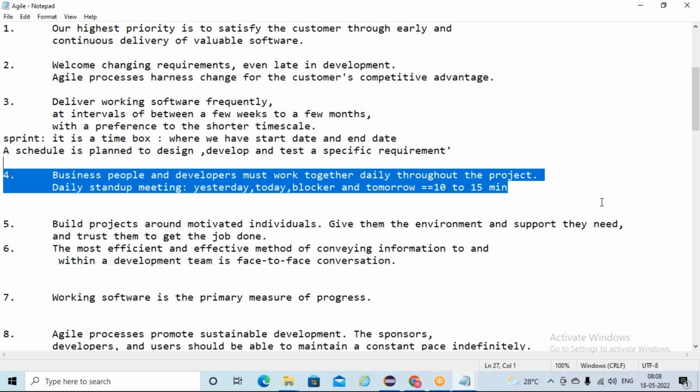So daily stand-up meetings for 10 to 15 minutes. It may prolong also, sometimes half an hour also, like that. Right, it depends. They need to sort out everything. Okay, is it going fine or not? And your manager, basically we call it the scrum master, is a facilitator to the team. So he's the communicator between you and the client. He's exchanging the information between the development team, the testing team and the client side people. So he will take care of it. He will be monitoring the team, something like that. Okay, fine. Next,